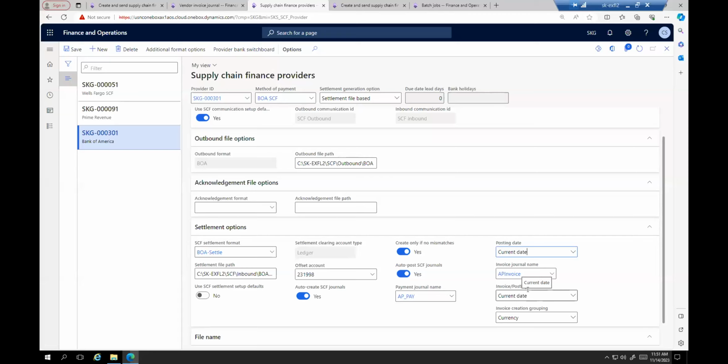And what version of SK are you running in this demo? I think that answers Corey's question. This is our 12.0 product that came out, the latest and greatest. And Corey, if you can see on his screen, there's a Wells Fargo format, a Prime Revenue, and Bank of America. All of those are in that latest release, and I think they've been there for quite some time.